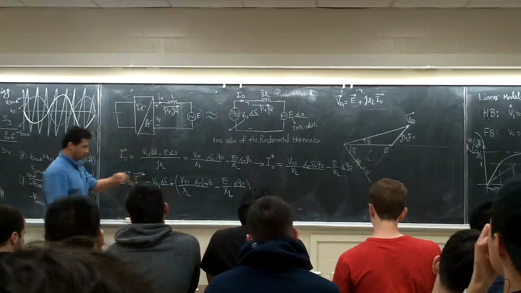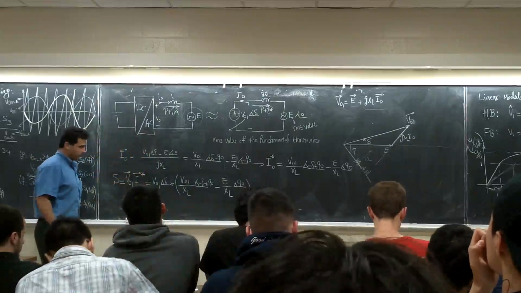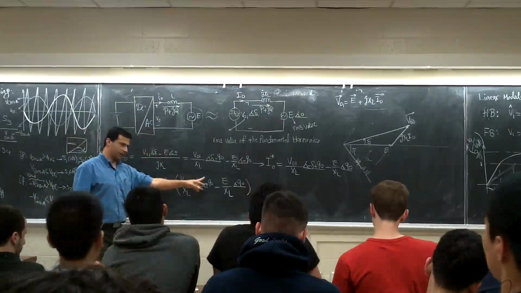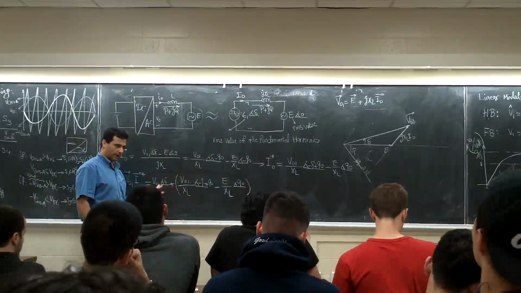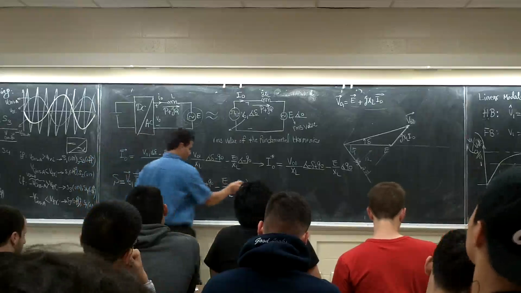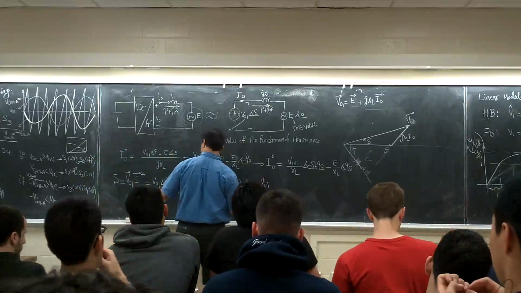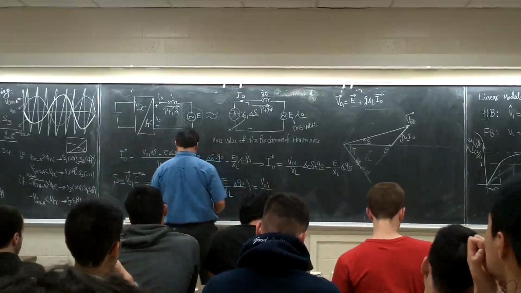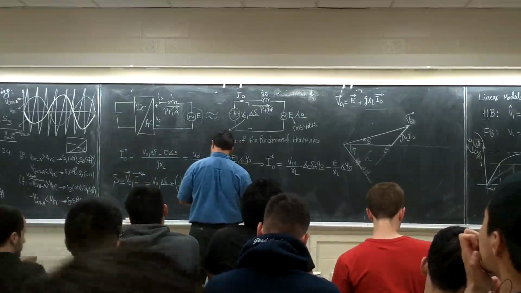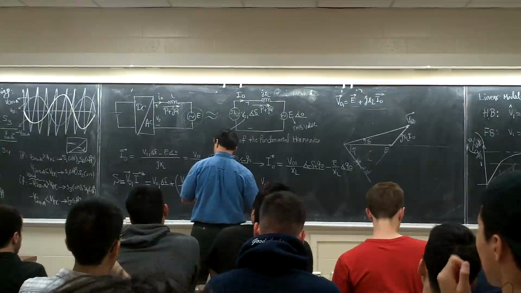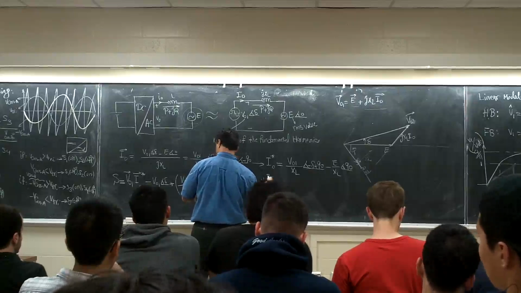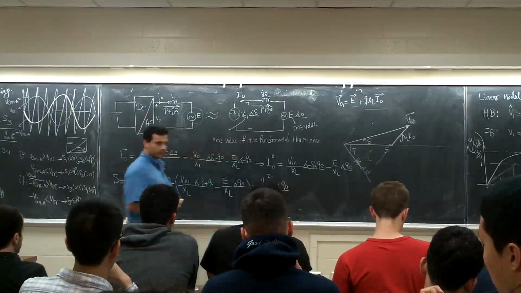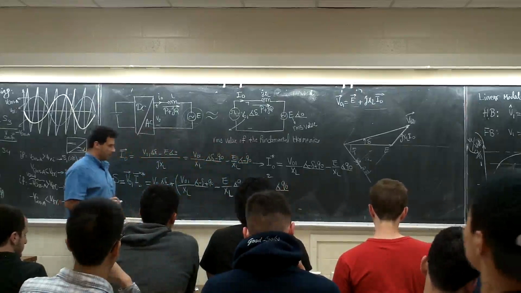I put the conjugate value. Let's multiply this one times this one. Delta and minus delta, they are gone, right? If I multiply these two, it's going to be VO1 over XL with the power of 2, angle of 90 degrees, minus